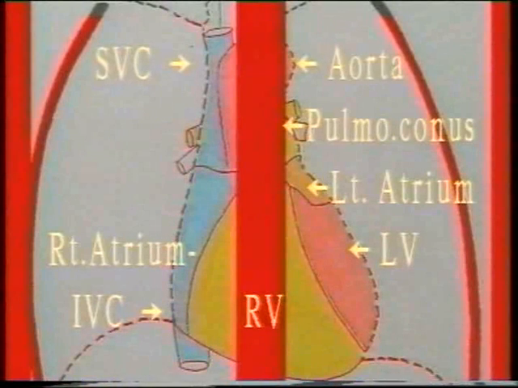The right border is formed by the right atrium in the heart region and by the superior vena cava above. A small portion of the inferior vena cava may be seen at the lower end. On the left side, the aortic knuckle forms the prominent convexity at the upper end. Below it is a smaller, less prominent convexity occupied by the pulmonary conus. From here, the left heart border starts. A small upper portion is covered by left atrial appendage, and the rest of the heart border is formed by